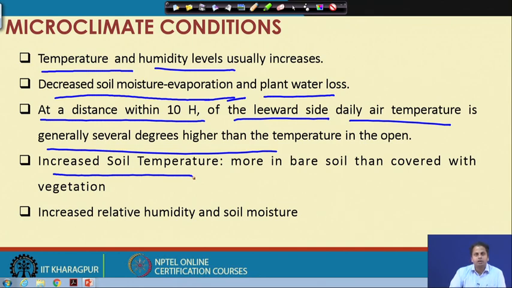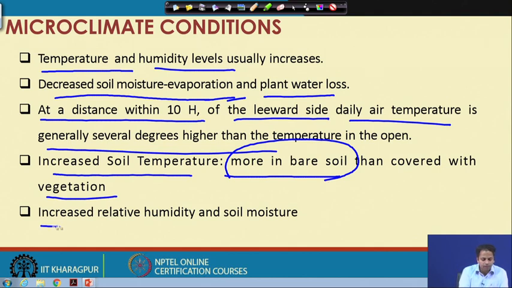If you compare two cases, compared to bare soil, the soil covered with vegetation will have lower soil temperature. So, more soil temperature will be observed over bare soil. Then there is an increase in relative humidity and soil moisture. Sometimes this increase in relative humidity should not be too high, so the selection of species matters.